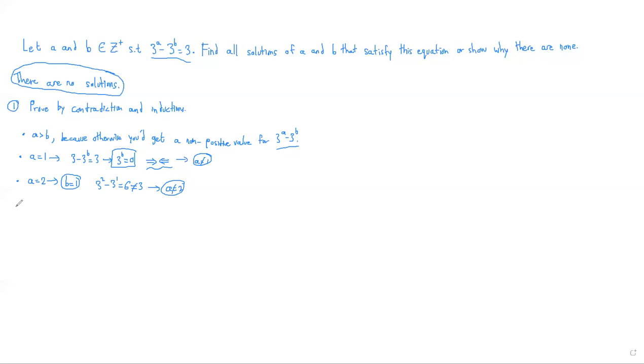Here's where things start to get a little interesting. Let's look at the case A is equal to 3 now, okay? So that means B can either equal 1 or B can equal 2. But here's the thing. I already know that B cannot equal 1 because it did not work for when A